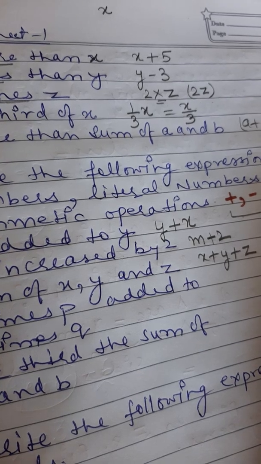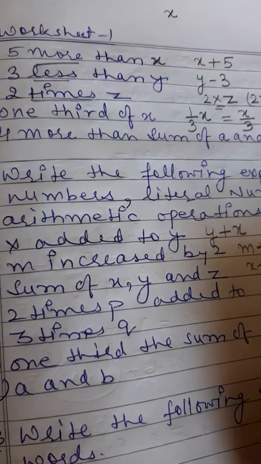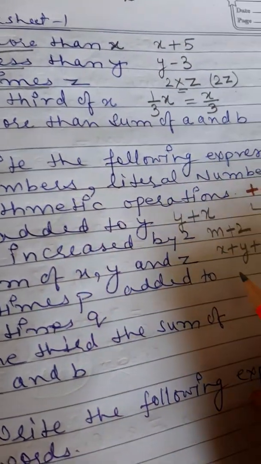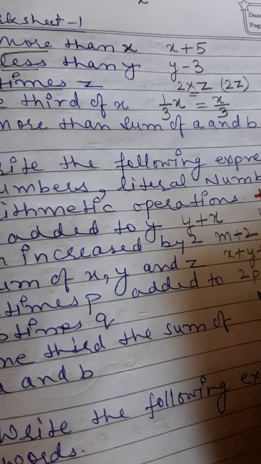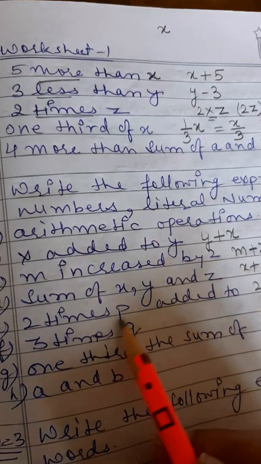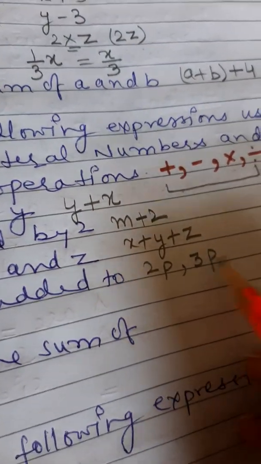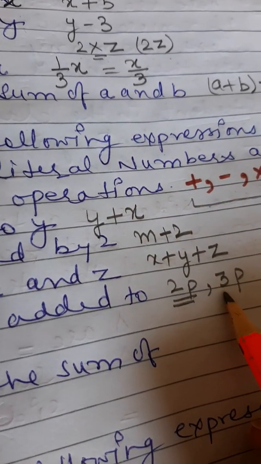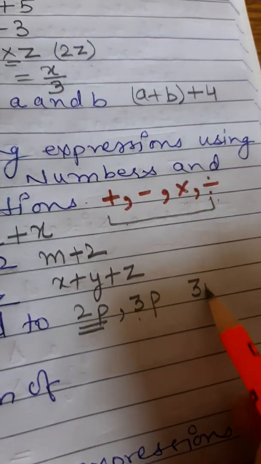2 times p added to 3 times q. Now here you have to write two things together. 2 times p is 2p. There is no need to write the sign of multiplication. Added to 3 times p. Now it is added to 3 times p. 3 times p is 3p. Now 2 times p is added to 3 times p. So what is the expression? 3p plus